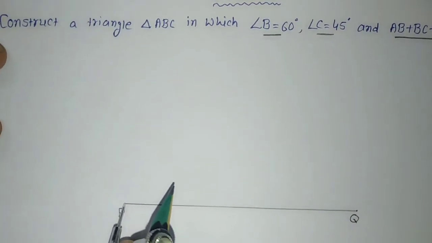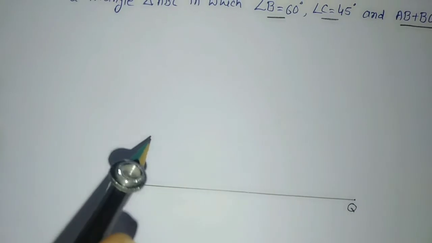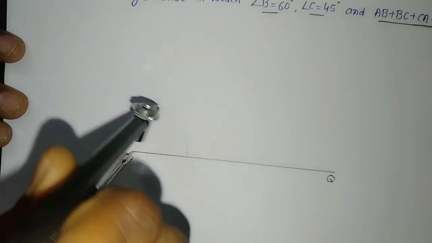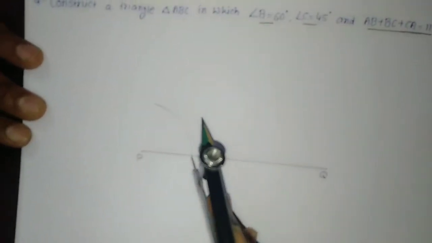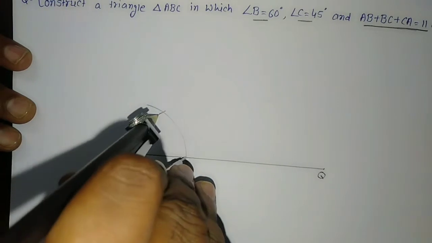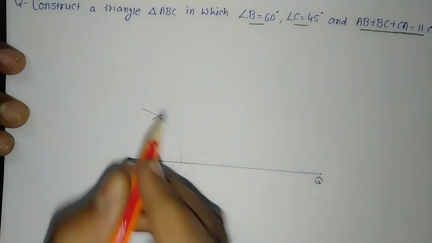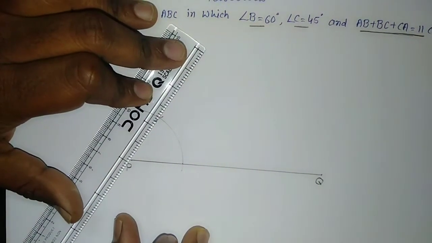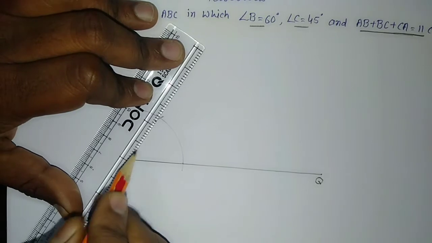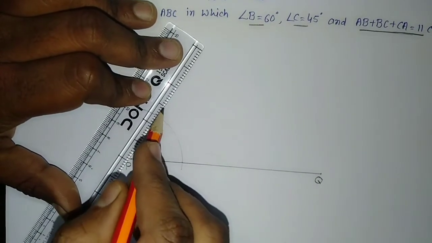To take 60, we know how to draw the 60. For that we need to put the point. We will take an arbitrary radius and we will draw the arc. This is one of the arcs, and then I will take another arc here. This is making 60. This is 60. I will just draw one of the rays. That is not our main ray what we want, but we will draw the ray which is of measure 60.